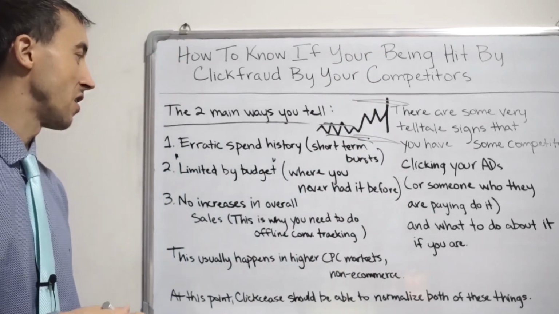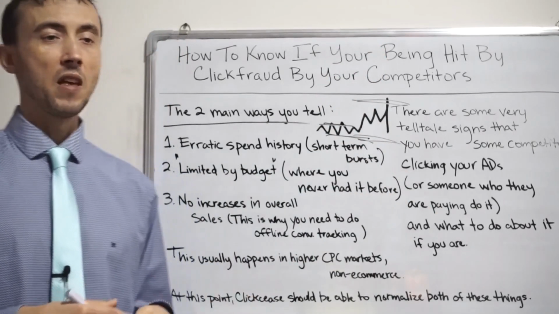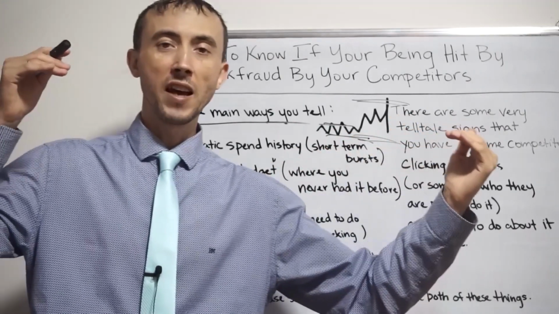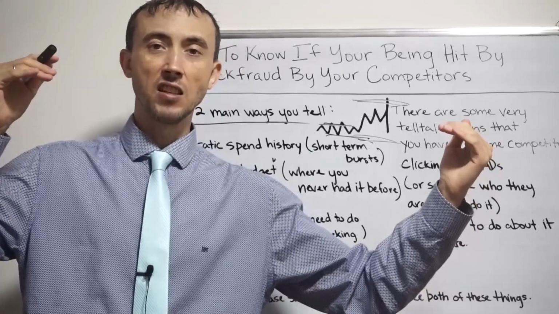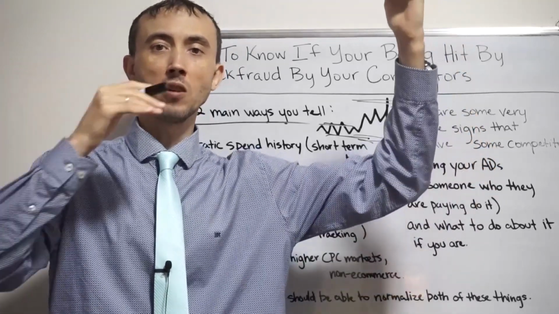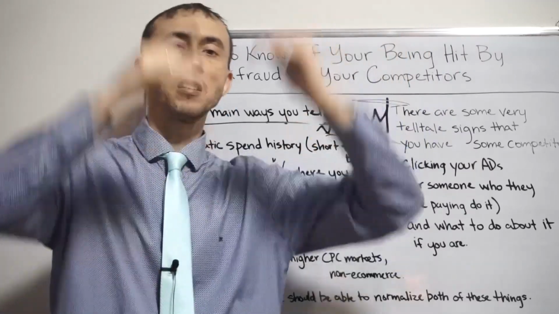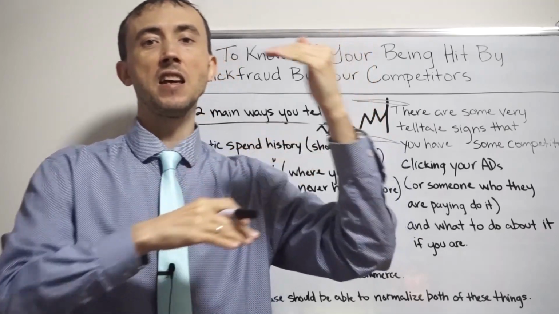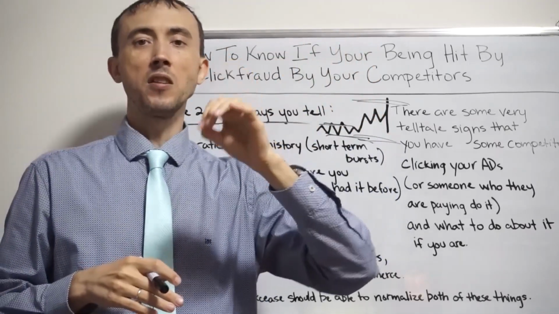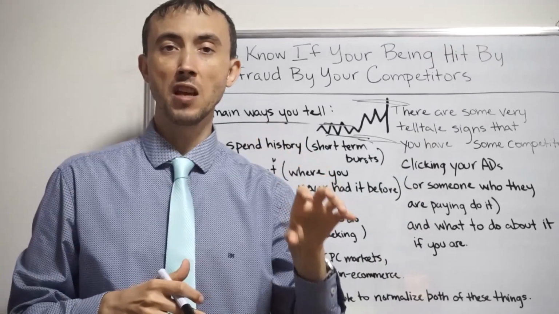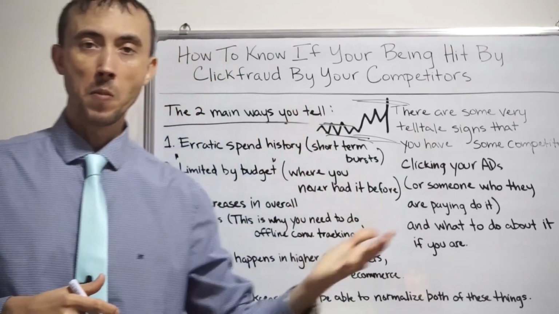So you shouldn't have any increase in sales respectively. And this is another one where, just like I was saying before, you want to chart out your sales going back the last 90 days and see: does the increase in spend correlate with the increase in sales, or is there any correlation whatsoever? If your sales have been completely flat for the last 90 days and then all of a sudden 4 weeks ago your spend started going up and there's literally no change in your sales, that's another confirmation,